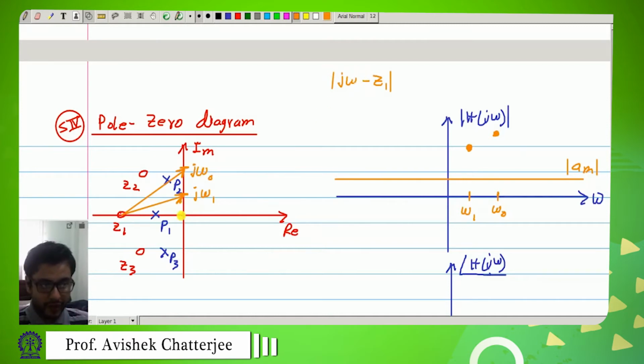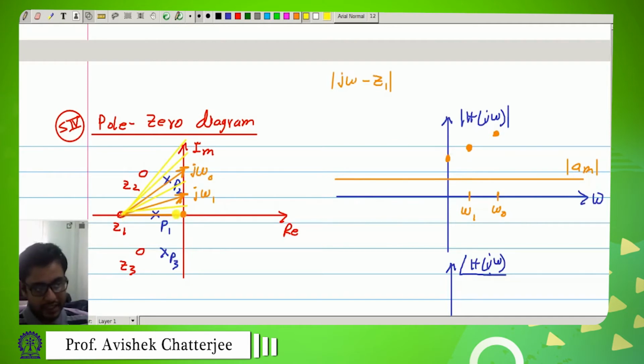Particularly, say when omega is 0, that point is here, so this is the length then. Okay, and we will mark this length here, and here. In this way we will vary the value of omega starting from 0 up to infinity, and we will check these lengths, this length, then this length, then this length, etc. We will vary omega and measure these lengths and plot it here.